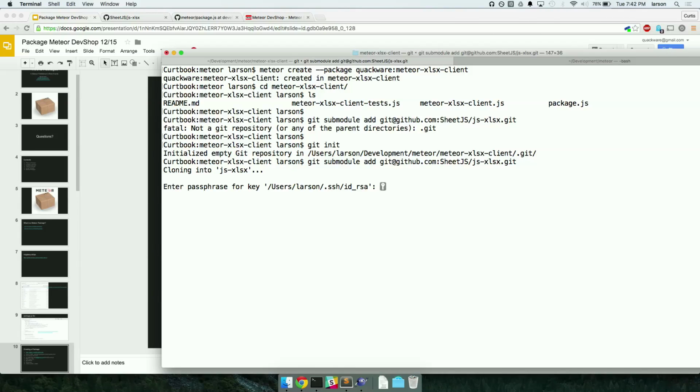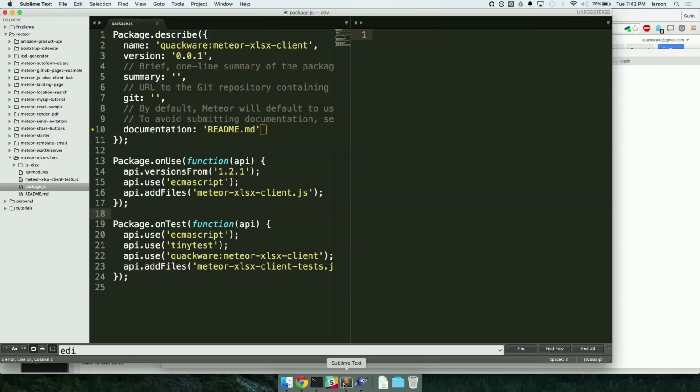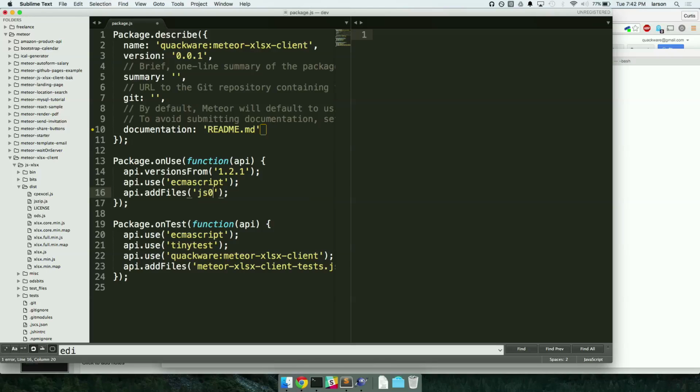Enter my password correctly. So what we've done is we've basically just created a folder called JSXLSX that has all that source code that is also synced with Git. And now we can just open up our package.js file and add that file that we referenced in the folder. So we can just say add files, JSXLSX, dist,